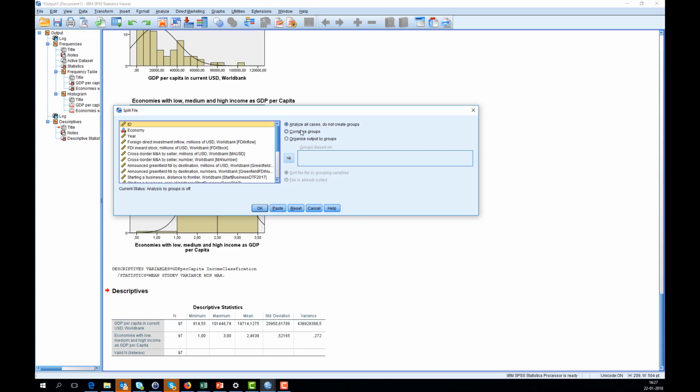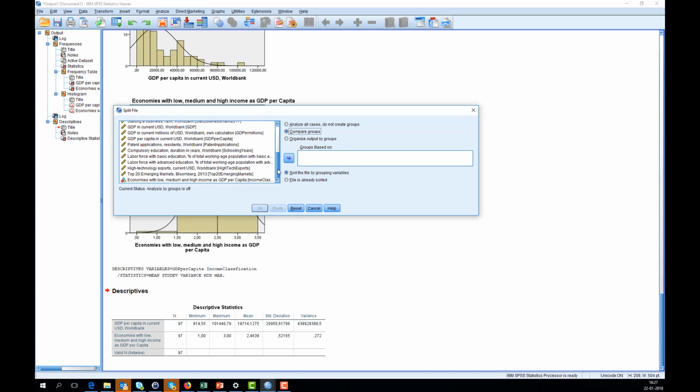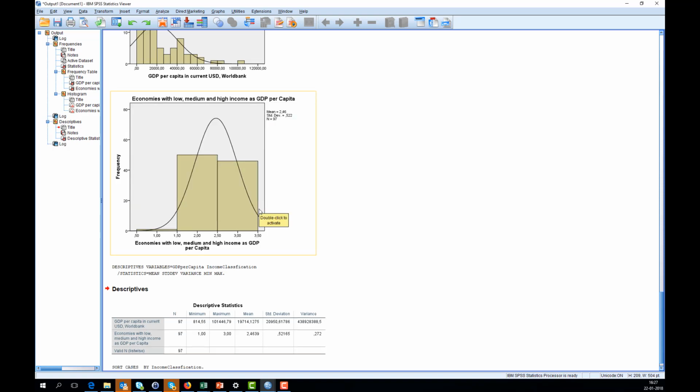You could also ask SPSS to compare different groups or just organize output by groups. The two options here do not differ very much. It's pretty much the same what you can see. It's just a matter of the format the information is presented. I will quickly say I would like to compare different groups, and I would like to compare the groups according to my classification of countries. So I would like to compare the results for our economies with low, medium, and high income. And I will specify that as a grouping variable. I will click on OK. That means for our further analysis that we are producing in SPSS, it will make a comparison of these three